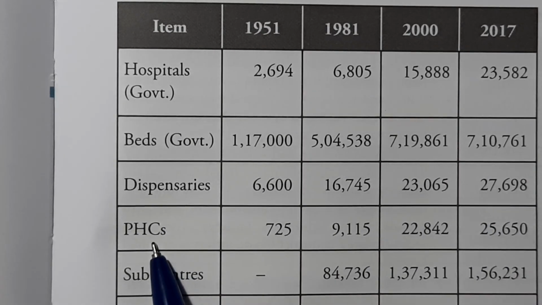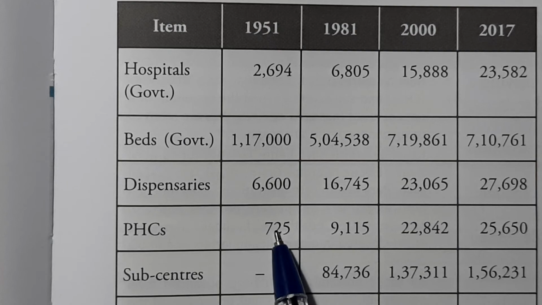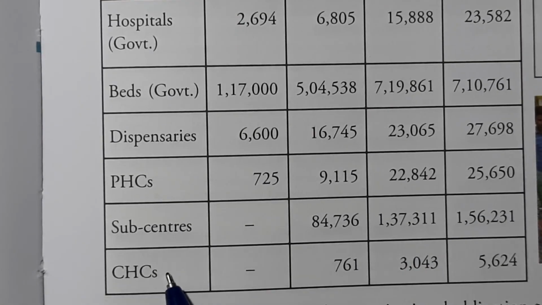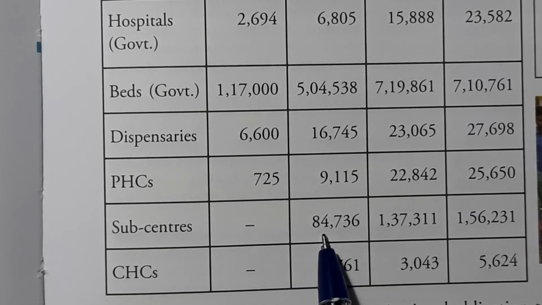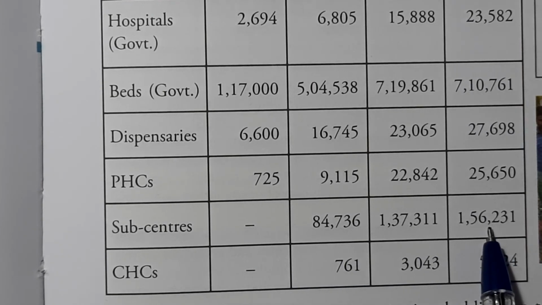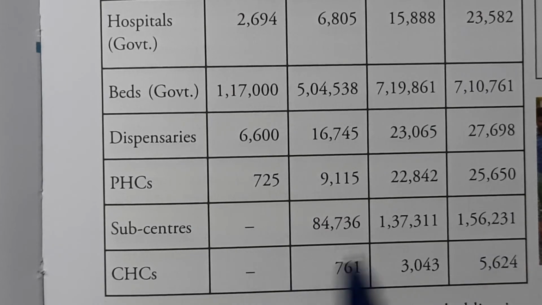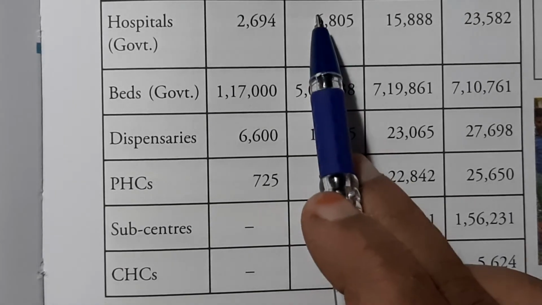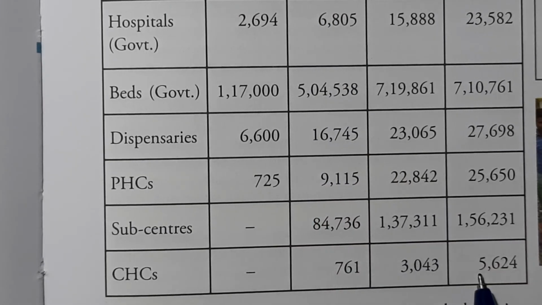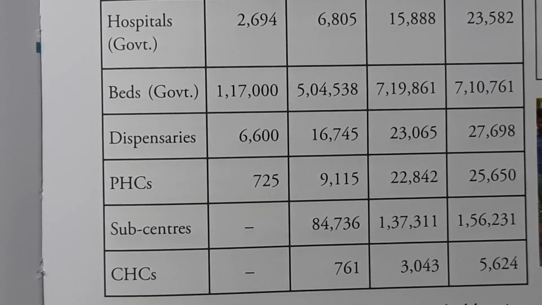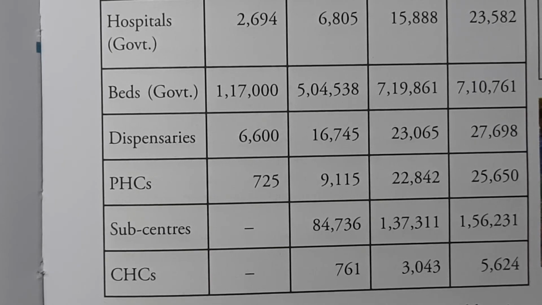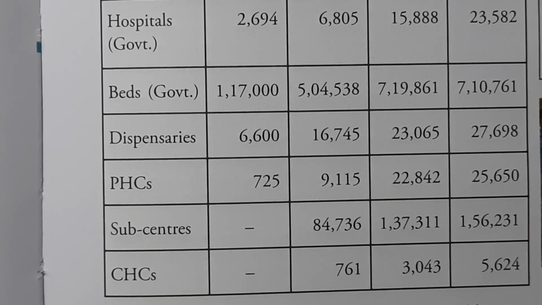The primary health centers have increased from 725 to 25,600, and the sub-centers have shown an improvement from 84,000 to 1,56,000. The CHCs have improved from 761, of course, from 1981 to 5,624. So definitely we do see a lot of significant expansion in the physical provision of health services from 1951